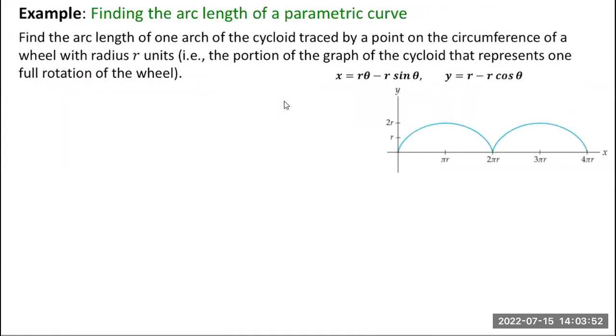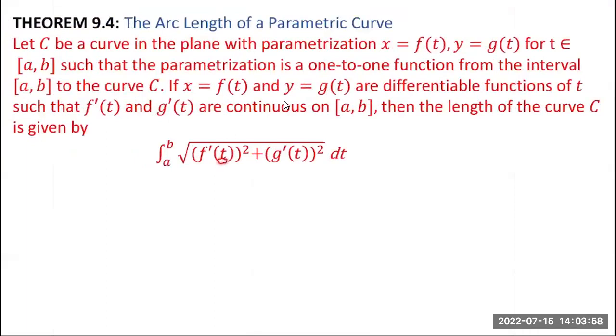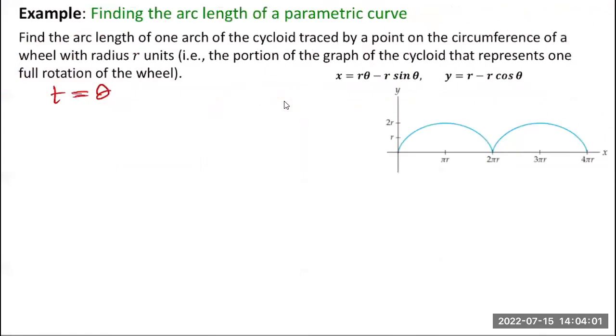What is the parameter? Your parameter t in this case is theta. Remember, here we are using a parameter t, right? That t is the same as theta in this case. Pardon me, your parameter t corresponds to theta in this example. So my integral will be, the arc length will be